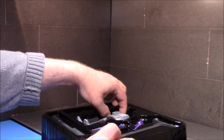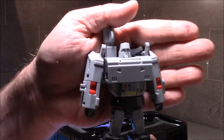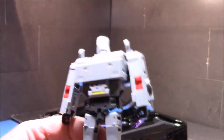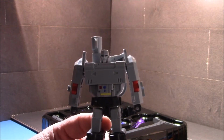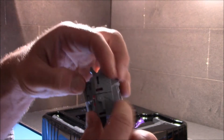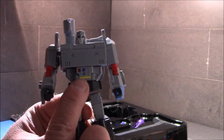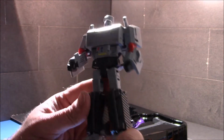Alright. This is what you all are here for. This guy right here. Looking at him up close. Let me see if I can get a little closer here. You can see he is a grayish color as opposed to the silver of Apollyon and whatnot. Extend his arms right out of the box here, like that. He's got some really nice paint detail right here. The red, the blue, the gold, yellow, the red arms,